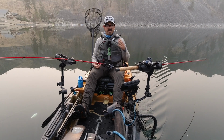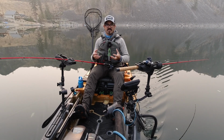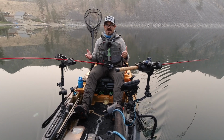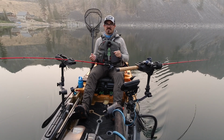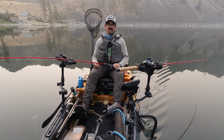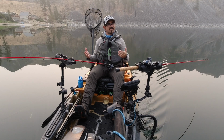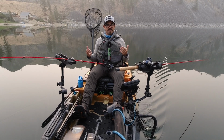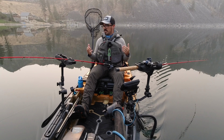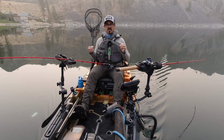But for me, I really wanted to separate out, is the dodger's action and that signal that it's sending out that's stimulating their lateral line really what's driving the bite, or is it that flash? And for me, today, based on these results, I'm really going to say that the flash is very critical in attracting these kokanee and bringing them in. So when you go out there and you're not getting bit and you're running painted dodgers at deeper depths, maybe think about adding something with that greater flash. Is there a point at which you can have too much flash? Possibly. But I think today I just wanted to establish that baseline, that flash really is a super critical component